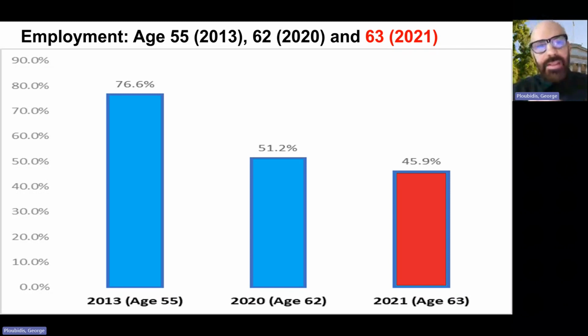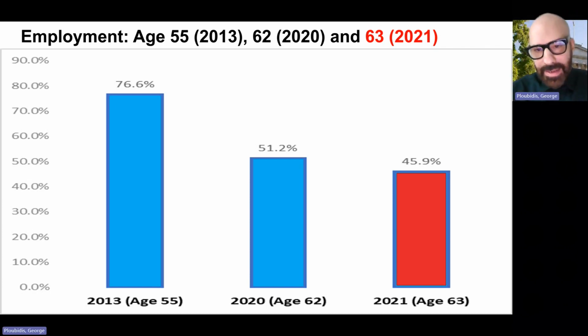What drove this reduction from 76 to almost 45%? First of all, we know that cohort members from advantaged socioeconomic backgrounds in childhood that went on, for example, to own their houses outright or went on to have private pensions or had relatively higher income, they choose to retire. So this is partly driven by a lifetime of socioeconomic advantage. And of course, recall that these are the people that are most likely expected to live longer, generally, and